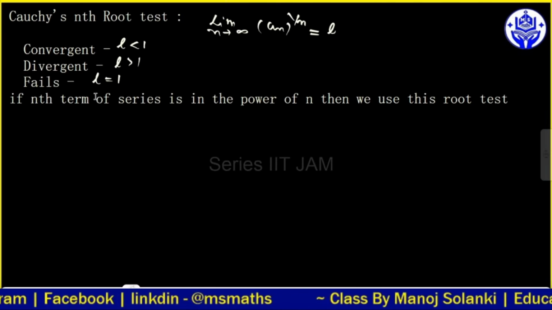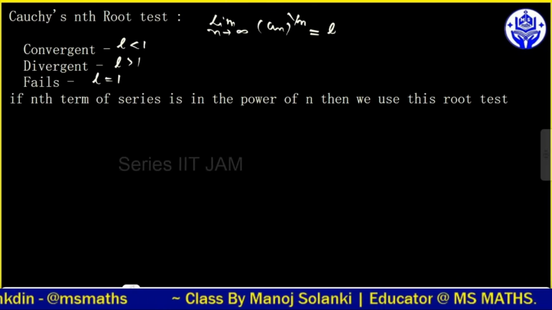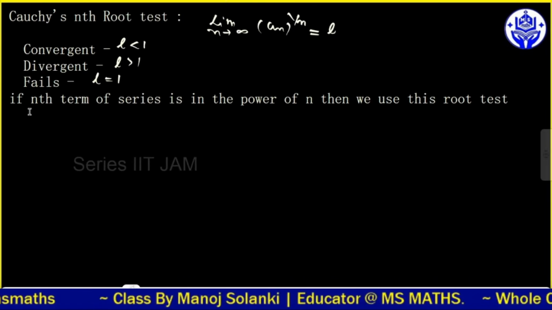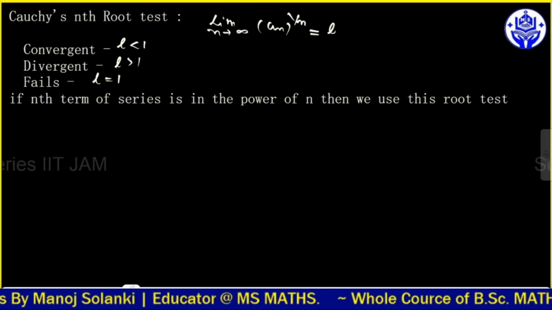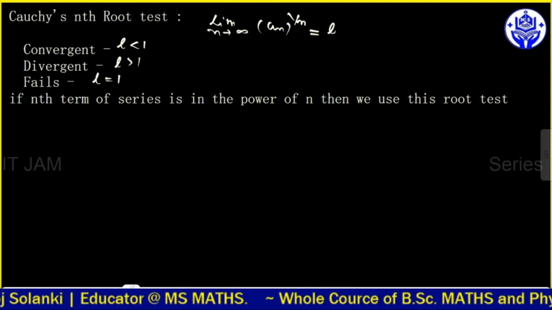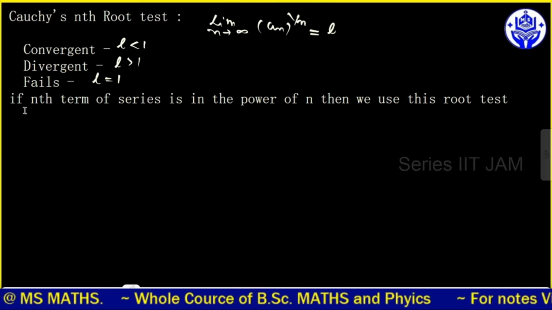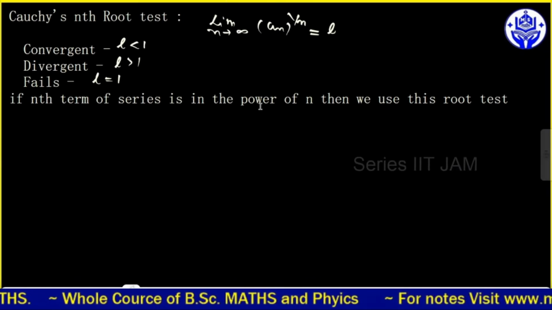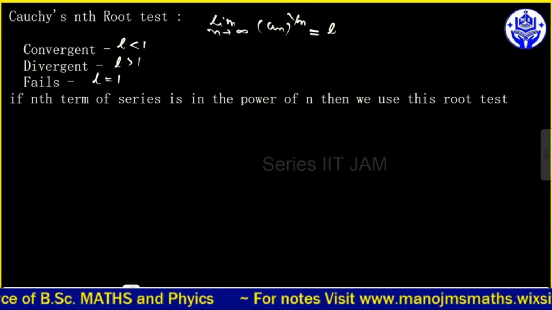तो ये सिंपल सा यहाँ पे कंसेप्ट है कोची nth रूट टेस्ट का। यानी कि nth रूट टेस्ट का मतलब ये होगा कि जिसमें n पावर आ रही है उसी में लिमिट इनफाइनाइट करते हैं तो हमारे पास में L आता है। मतलब अगर n पावर है, ओके, उसी सीरीज में इसका यूज करें। जैसे यहाँ पे लिखा, इफ nth टर्म ऑफ सीरीज इज इन द पावर ऑफ n, अगर वो n की पावर में है, सो हम इस रूट टेस्ट का यहाँ पे यूज करते हैं।